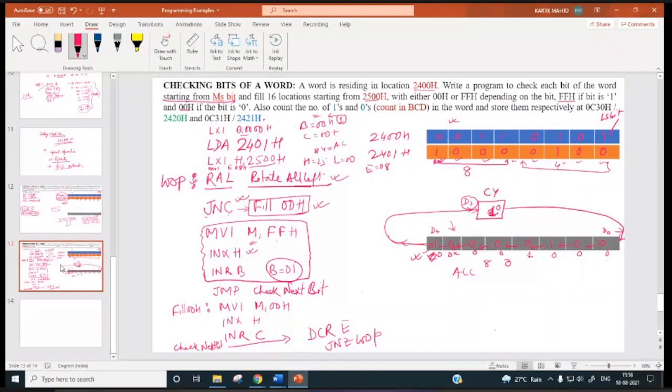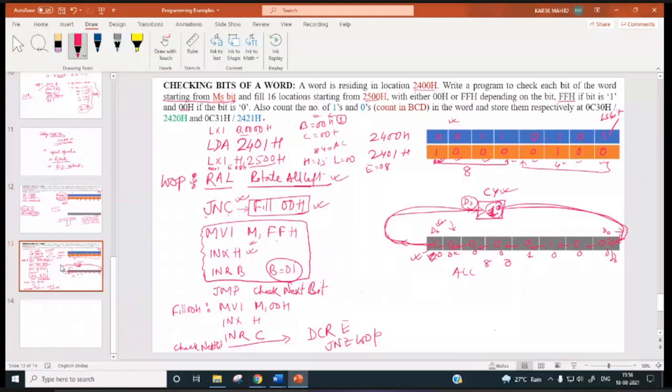D7 will go to the carry flag, and the carry flag content will come over here at D0. Whatever was the carry flag will be inputted at the D0 position.